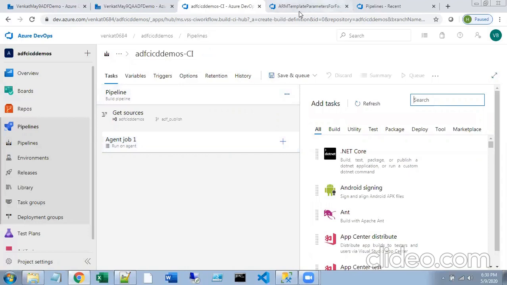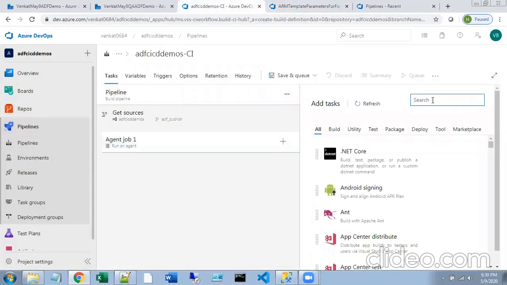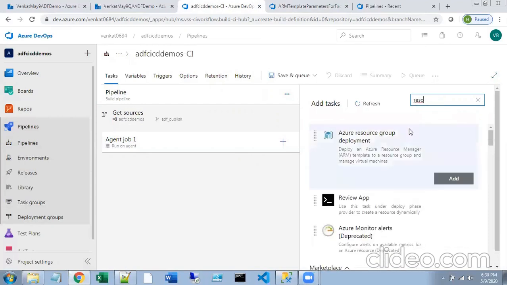If you see here, these are the JSON files. These are the ARM templates, right? So we have to deploy the ARM template. The task we have for deploying or publishing an ARM template is Resource Manager, resource group deployment: deploy an Azure Resource Manager template to a resource group and manage virtual machines.